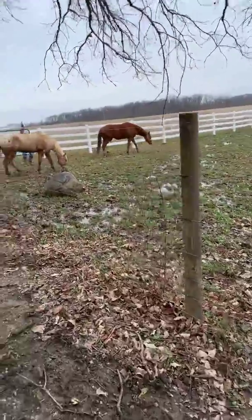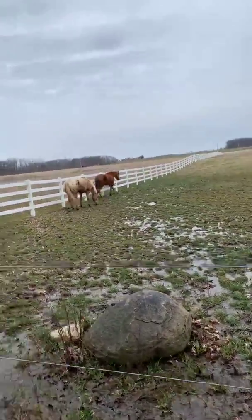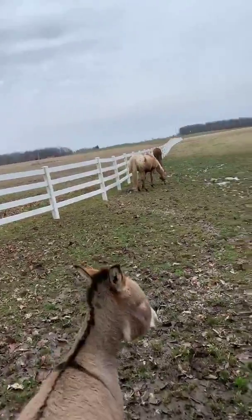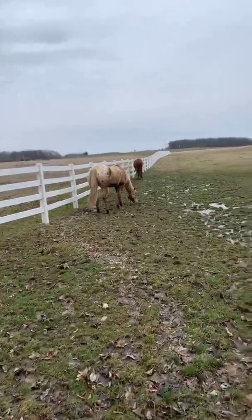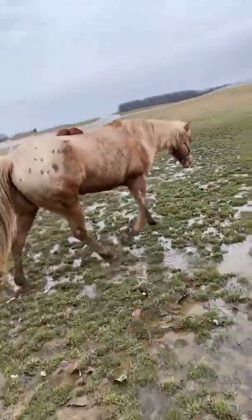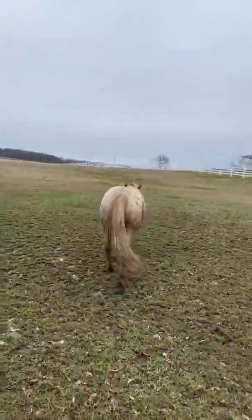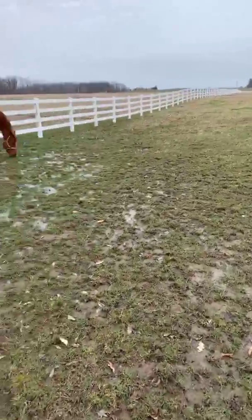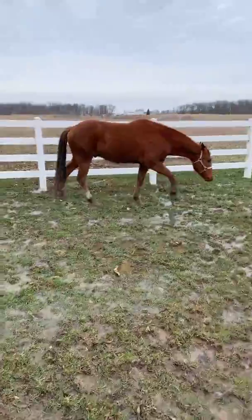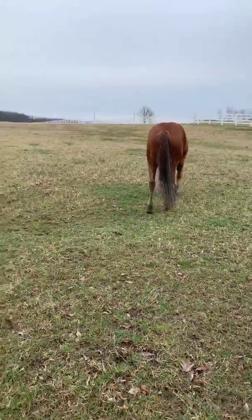When we get them out here in the pasture, they like to run around, stretch their legs, take a lap. Sometimes they'll roll. A little wet here. We'll walk out with them. And you can see right away they like to look for grass. And sometimes they'll run out and stretch their legs. Red likes to race, so sometimes he'll come along the fence. Come on. There he goes, a little stretching of the legs. He's excited about getting